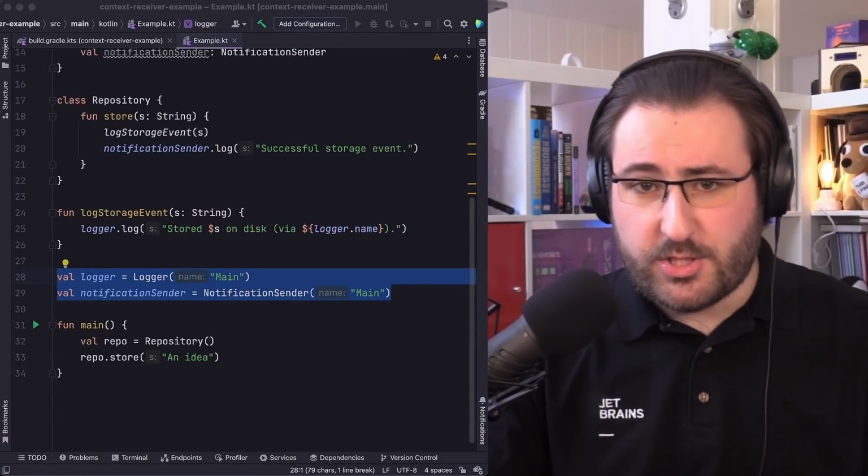Now, funnily enough, you can combine a lot of clever approaches to get behavior quite similar to that of context receivers if you have full control over all the classes in your system. But when that's not the case, you might find yourself running out of receiver types if you don't have access to context receivers, which ultimately just means that you wouldn't be able to express yourself the way you want to. Let me show you what I mean.